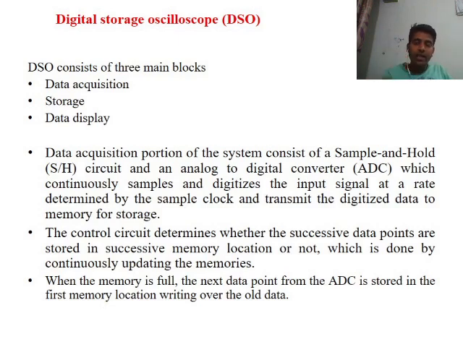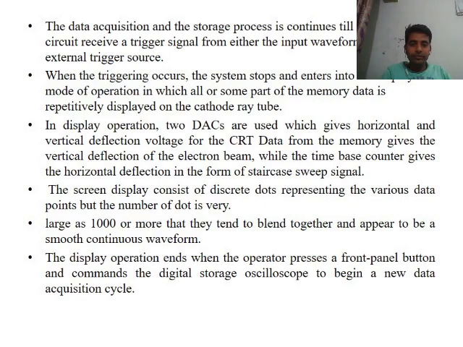And then we have data display. The data display is almost the same as in a CRO, but where the CRO uses a fluorescent screen on which electrons bombard and hit, here we usually have an LCD or LED. The data is given and the signal is displayed. The speed of DSOs is very high, more than 1000 times the rate of a CRO, and since the signals are processed in digital fashion, more precise signal processing can be achieved in DSO.